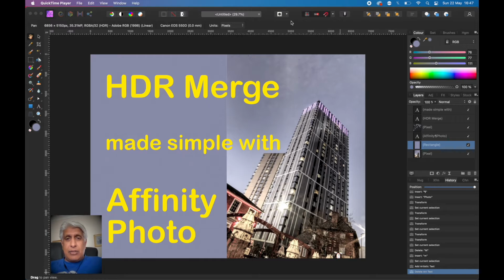And here we're going to look at an HDR merge. Of course, it's the flavor of the month, high dynamic range. It's not something that we used to do a lot of with images, but everybody wants to have excellent exposure right across the shadow areas, the highlights, as well as the midtones. And of course, that's essentially what HDR is for still images, and of course now for movies and television